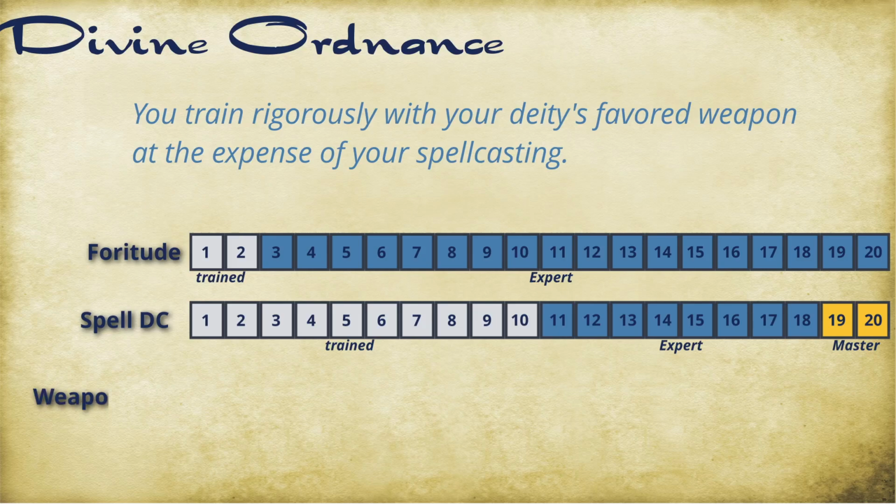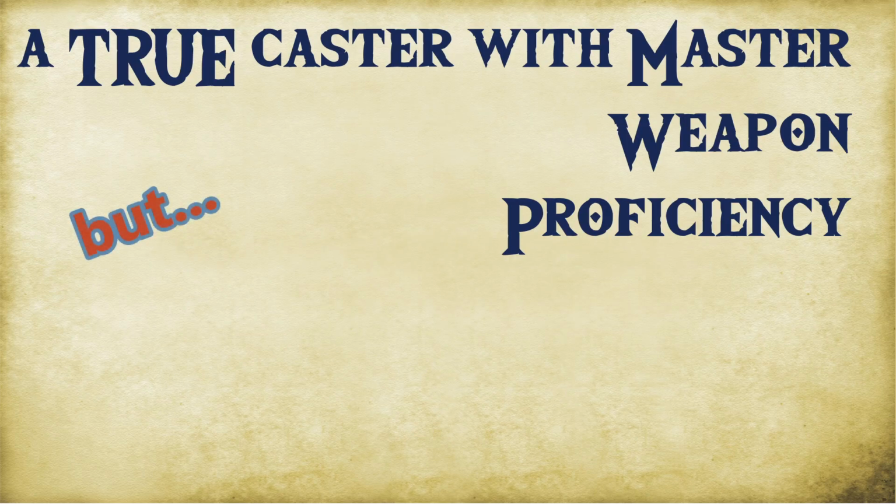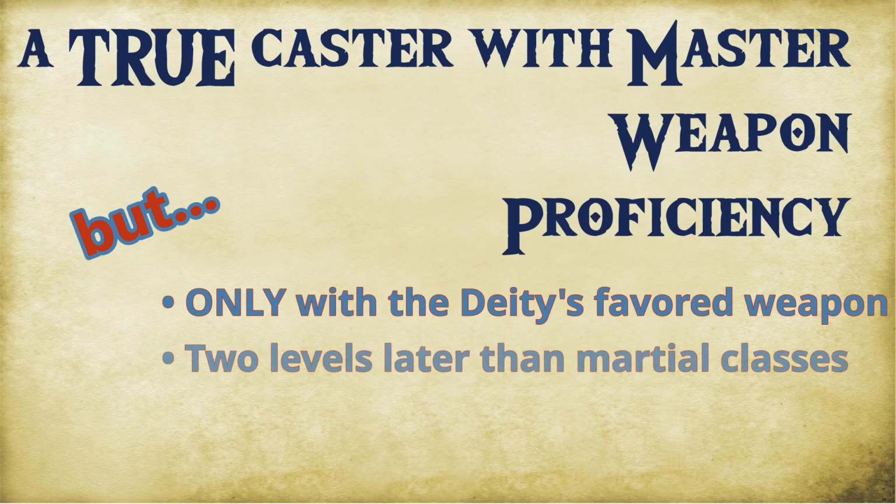We set that one just like the Warpriest. Then, for weapon proficiency, and this is only with the deity's favored weapon, we set it just like the Warpriest, except at level 15, we increase it to Master Proficiency. And there it is. Finally, we have a true caster with Master Weapon Proficiency, albeit it's only with the single weapon, with the deity's favored weapon, and they don't get it until 2 levels later than the other martial classes,